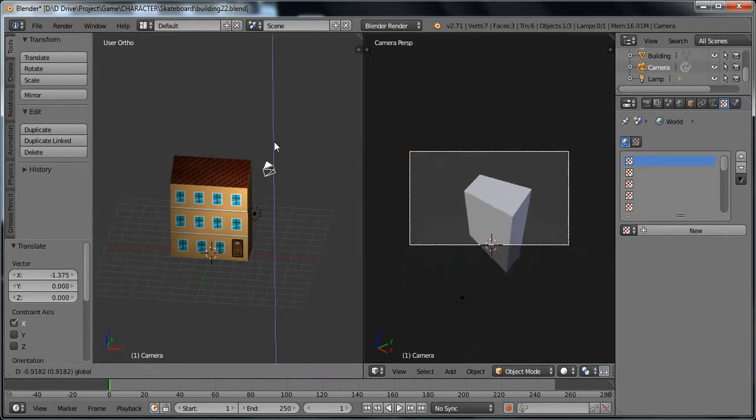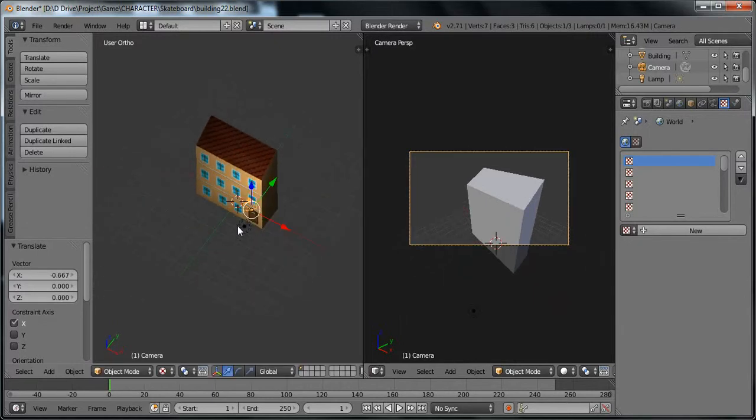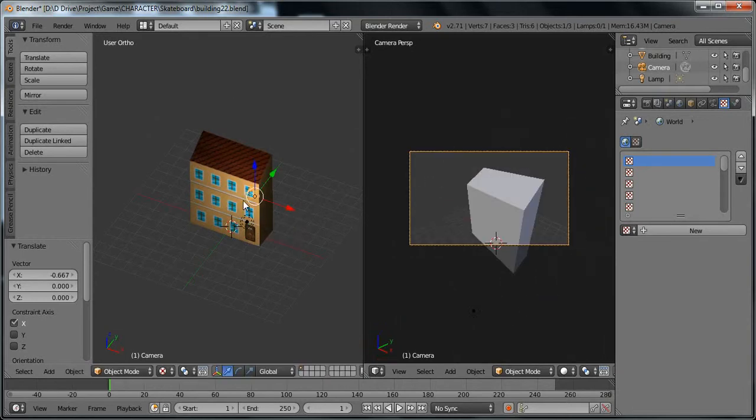So you can see this is going to adjust properly. But this is also not that good a way to adjust the camera because you don't get any proper control on your camera, so it messes up.